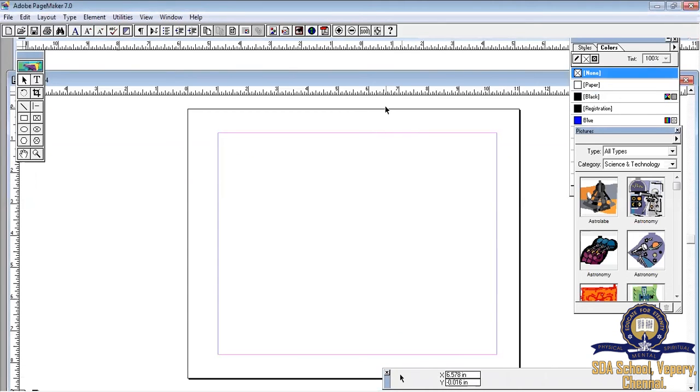Right. Now what I'm going to do is place a text in a frame. How to place a text in a frame? They have said you can choose any frame, that is the user's choice. Select one of the frame tools from your toolbox. I'm choosing my rectangle frame tool.